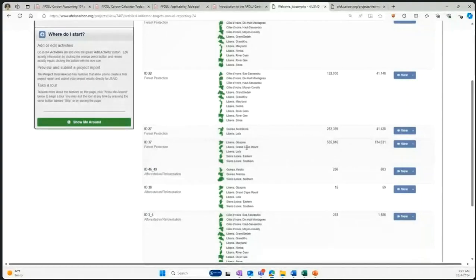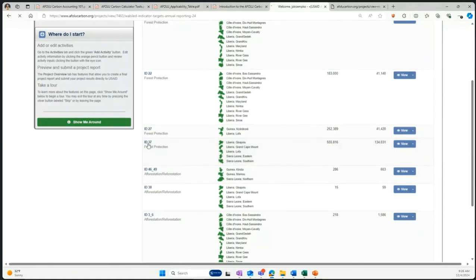And so the reason that these 5 are included in here is that the landscape that we have associated with this project, with this activity, spans all the area within these administrative boundaries is included in the activity. In this instance, I believe this is the Gola landscape that ID 37 is working across, which spans the area in Liberia and Sierra Leone that covers these